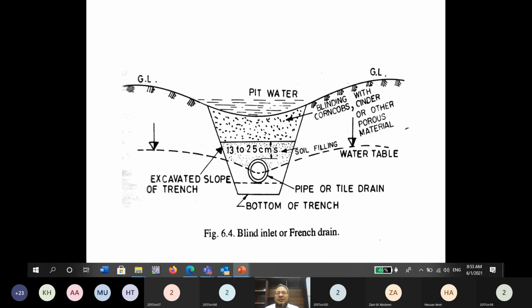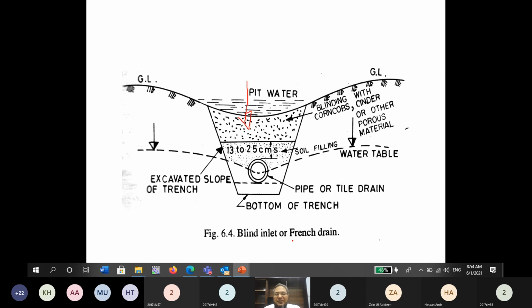And here there is some coarse material, and when there is rainfall or irrigation, some water comes here and then it infiltrates here, and this is the soil filling, and this one is the tile drain, with open joints, so water comes here, and this is the bottom of the trench,